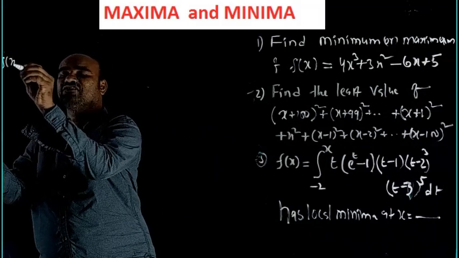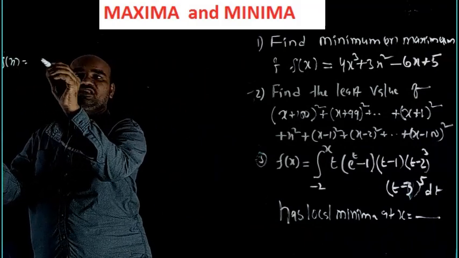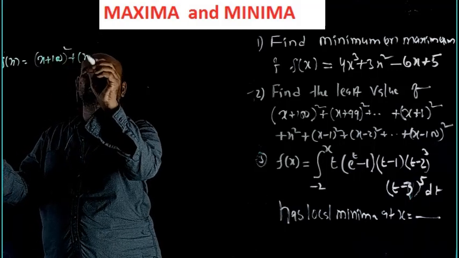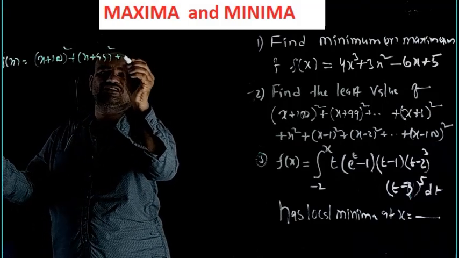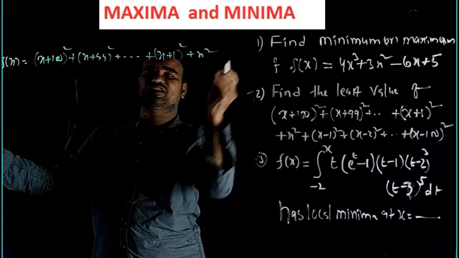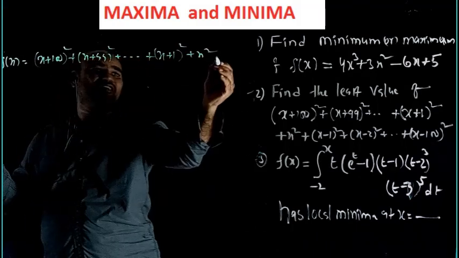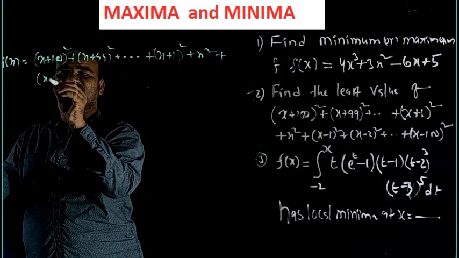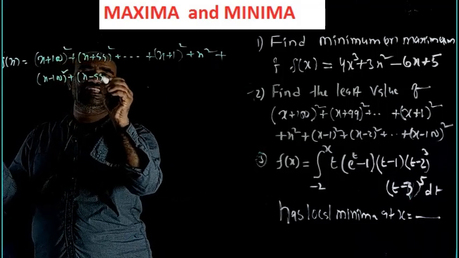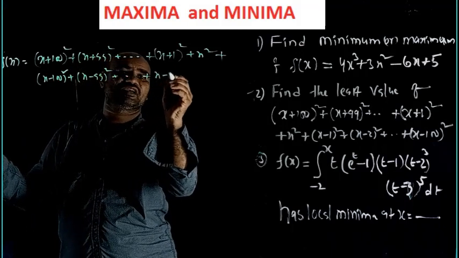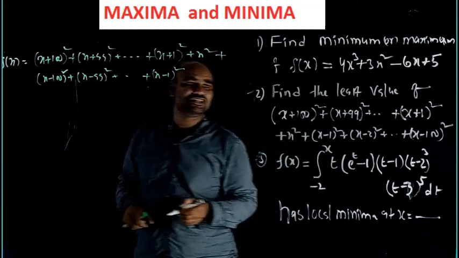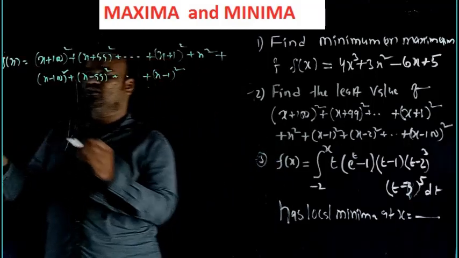f of x is given as (x plus 100) whole square plus (x plus 99) whole square, and so on, plus (x plus 1) whole square plus x square plus (x minus 100) whole square plus (x minus 99) square, and so on, (x minus 1) square. This is f of x. We want to find the least value. Okay, so f dash of x,